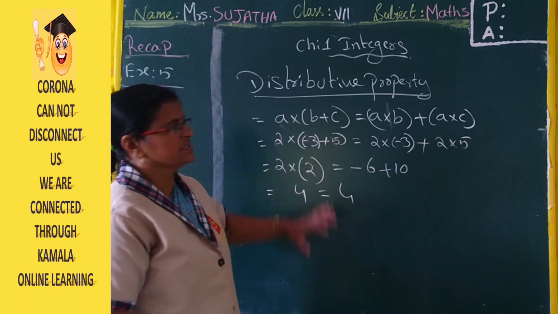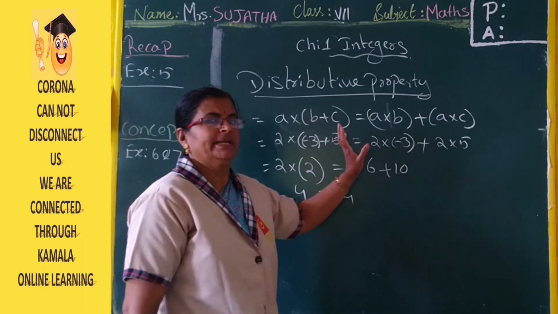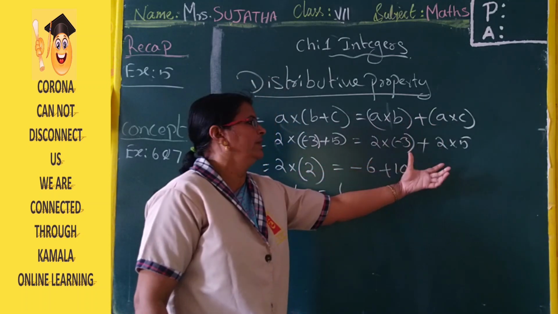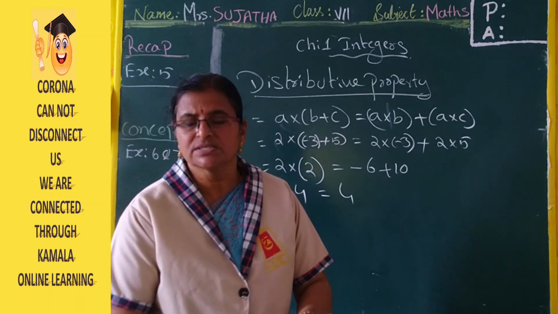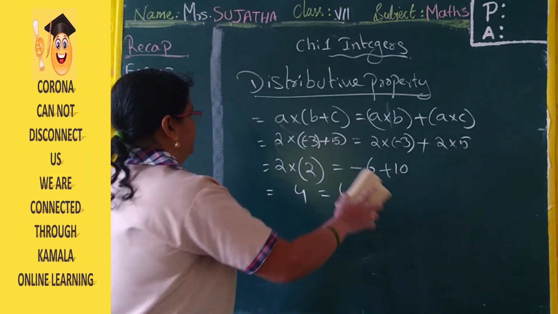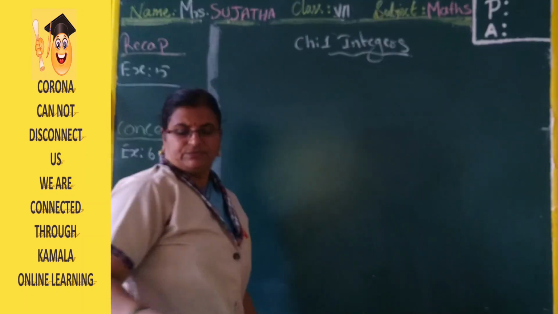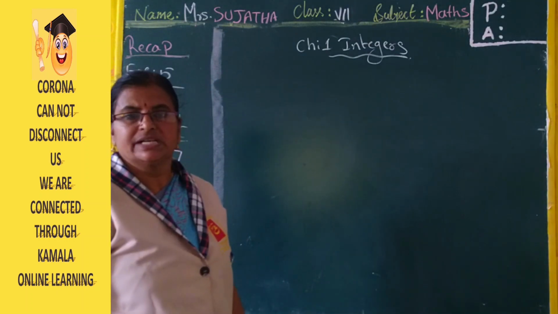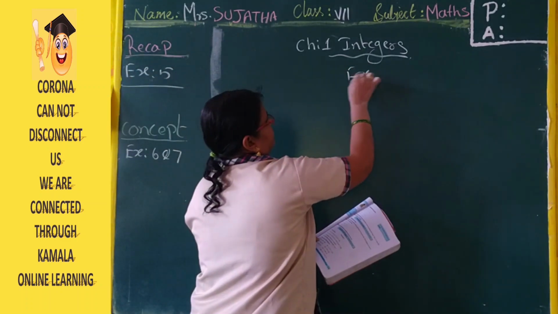So, this is the distributive law: distributive multiplication over addition. First we multiply, and afterwards both products we have to add. Okay. Now exercise 5. The first sum, second bit, I gave as homework. All of you did the first sum, second bit. I already explained the first bit in the previous session. Now the second sum, exercise 5.